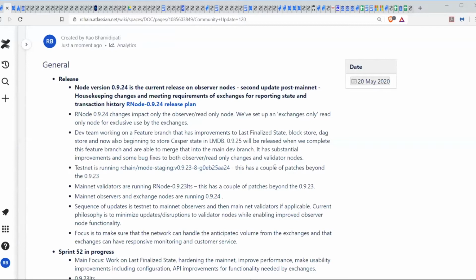So anyway, 0924 is the actual current release, but by and large, that's only applicable to observer nodes. So most of the observer nodes and exchange nodes are running 0924. There is a featured branch. This is the one we've been talking about for the most part in the last several sessions, that deals with the last finalized state. Now, as Tomislav started working on last finalized state, and now NetZipper also has joined him in the effort,